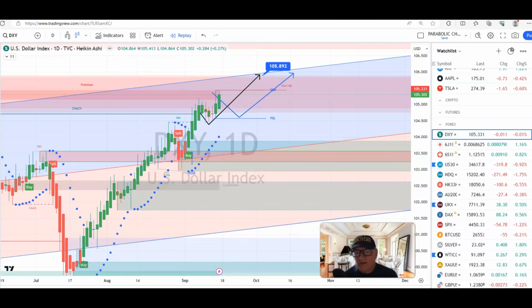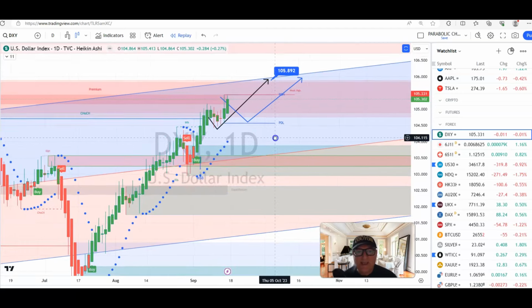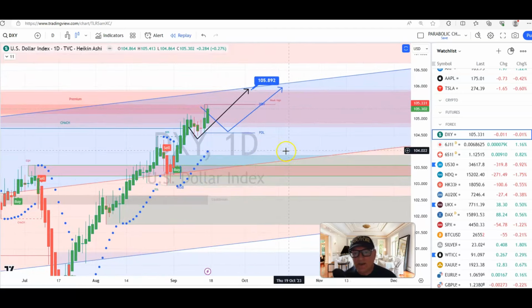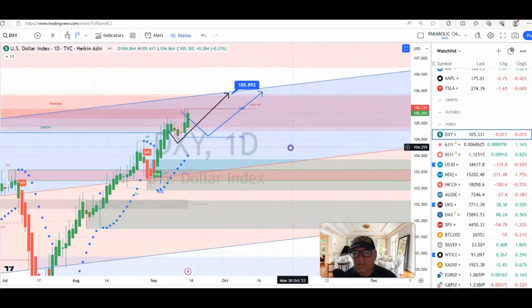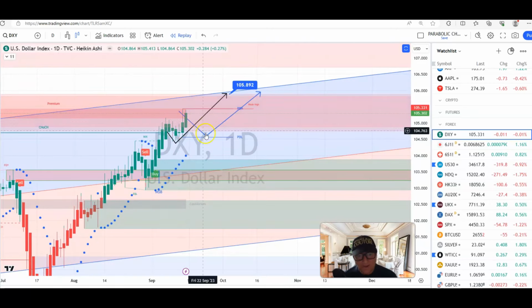So, parabolic trends, what are they? Very few people know about these or get even mentioned, which is really surprising to me. But nonetheless, that's what we do here at the Trading Mentors. And as we can see, the DXY is parabolic. We can see that all the buyers are in. So it's a no-brainer. This price is going up. Yes, there's going to be a pullback, probably down to this support area here, before it goes to 105.89,